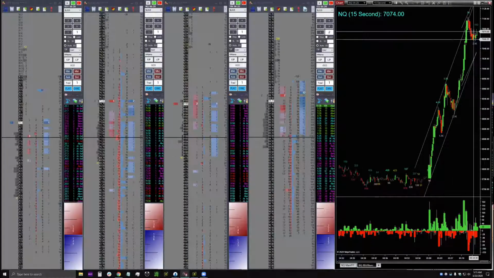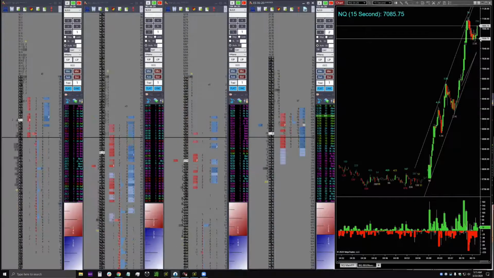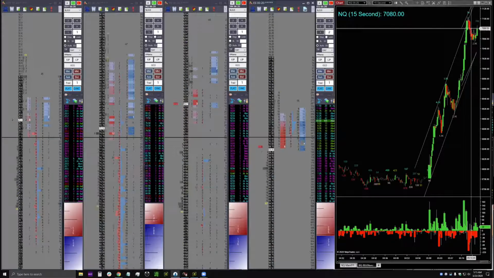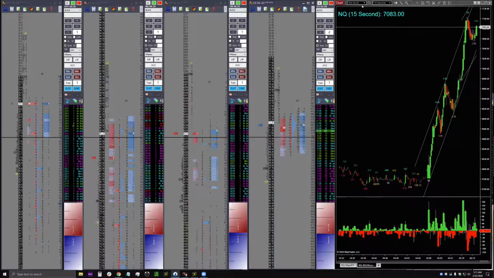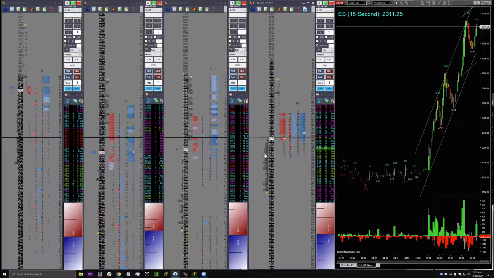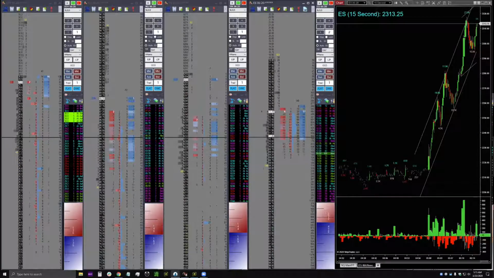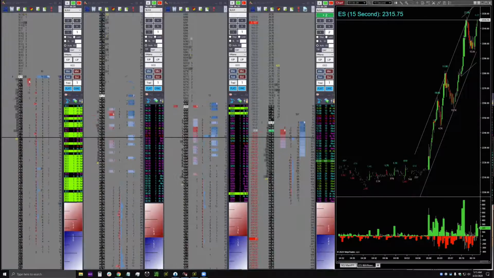Now you can see we're consolidating up here at the highs. So if you're considering counter trend, that might be a place to look for it. Or maybe entering on a pullback might make some sense if you're thinking this move is going to continue. And who knows? I'm not paying enough attention to the order flow to know. Right now, it looks like it's going to be a rape the shorts kind of a long thing.